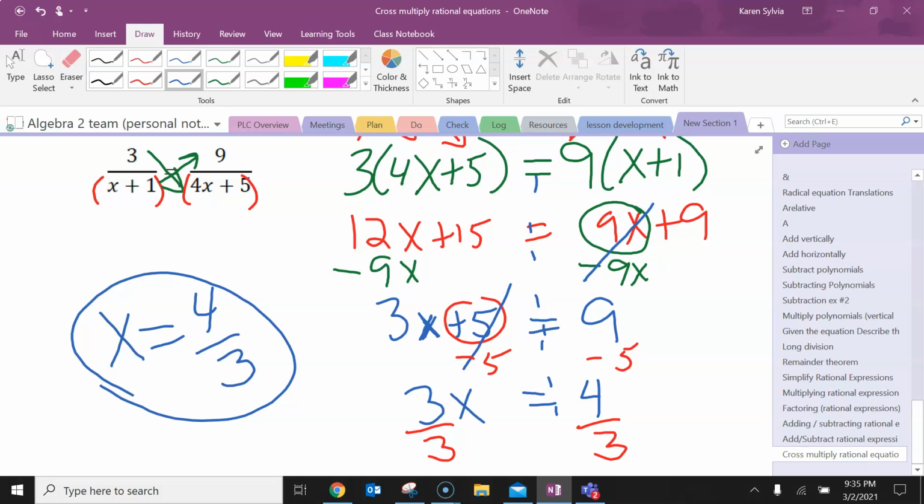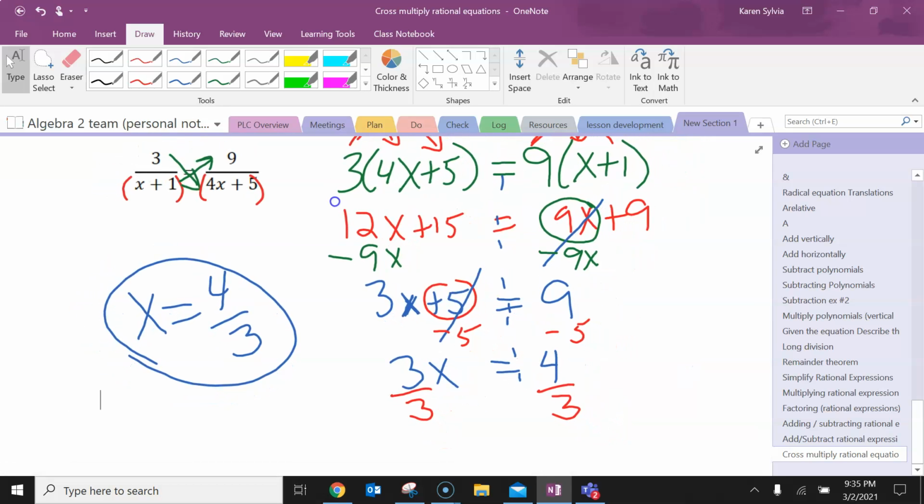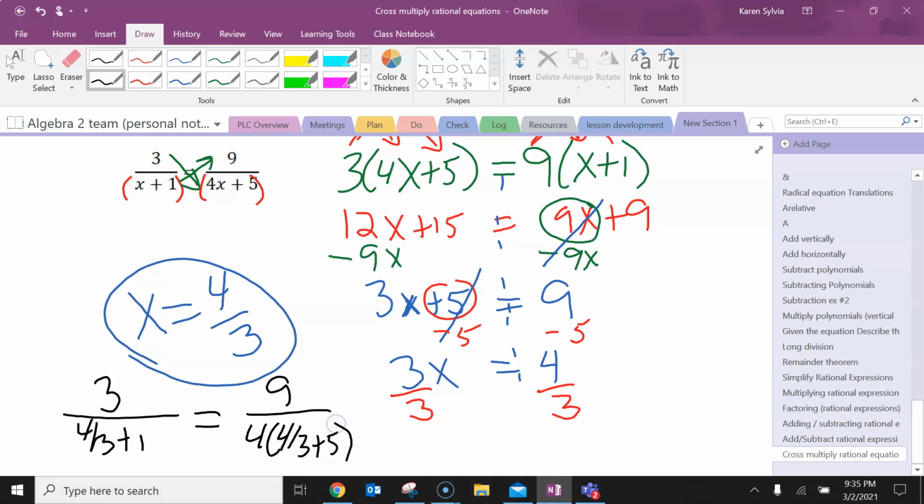When I plug and check that in, which is easiest done by using a calculator, I need to plug in 3 over (4/3 plus 1) and check if it is equal to 9 over (4 times 4/3 plus 5). Four-thirds plus 1 is the equivalent of 7/3. Okay, so I have 3 over 7/3, and I'm checking to see if that is equal to